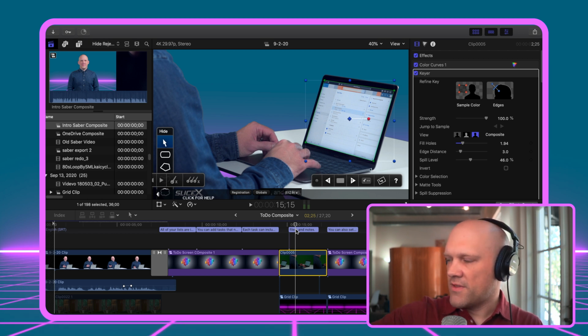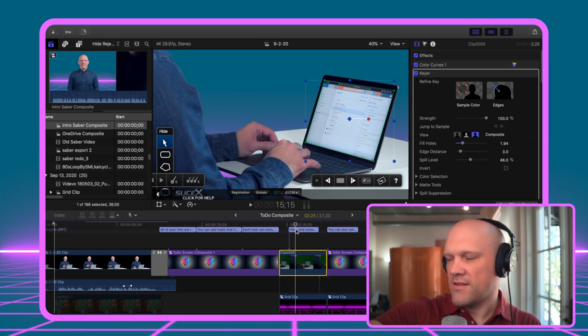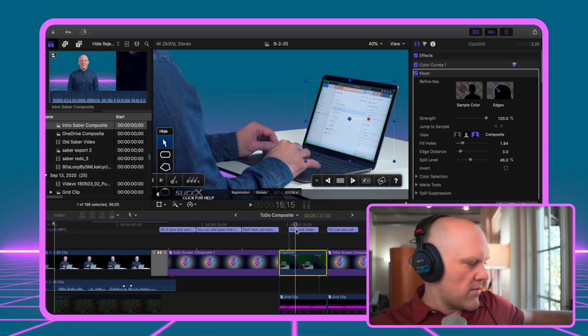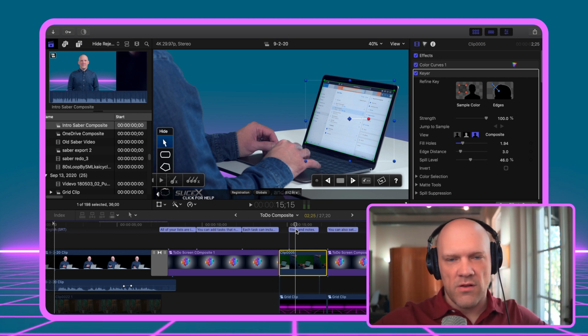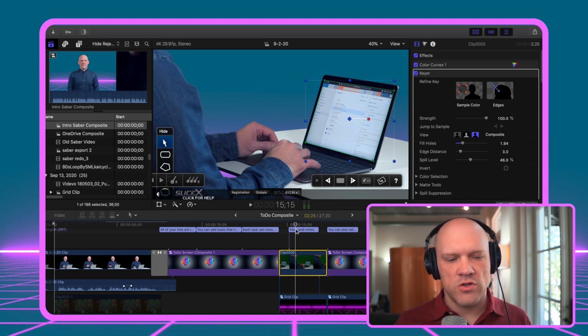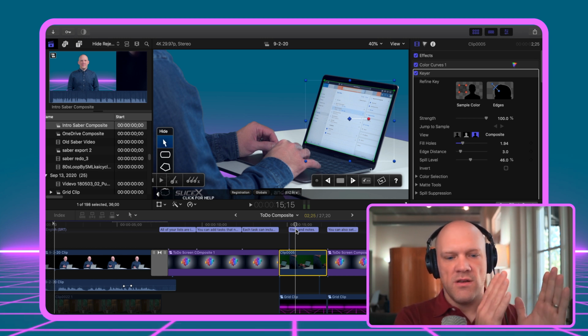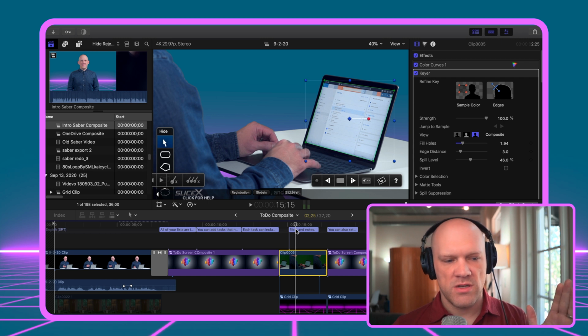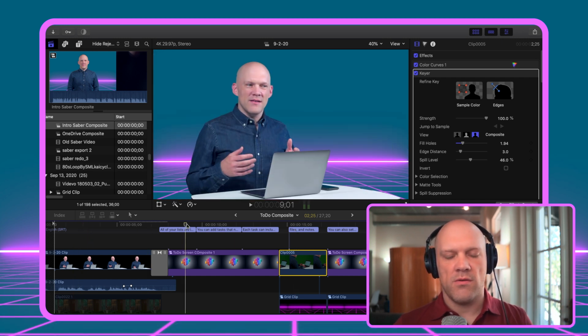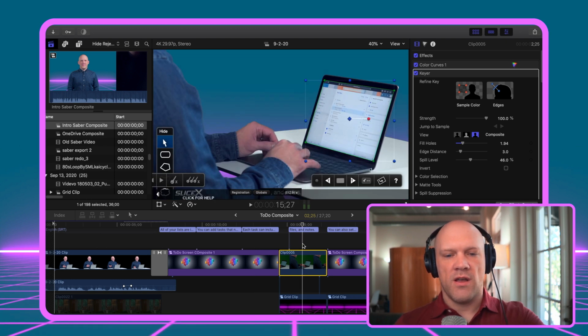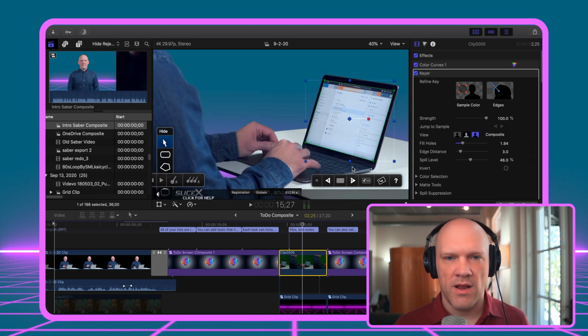Now if I had moved that camera from the front right hand side to somewhere over here on my left hand side, it could be really awkward, because all of a sudden I, the talent, would be switching from the left hand side of the screen being where my body is, to, if the camera was on the opposite side, my body being on the right hand side of the screen.